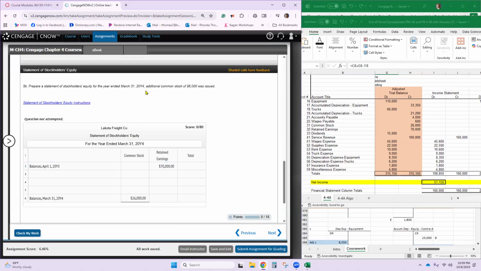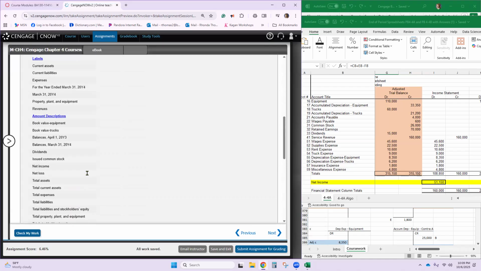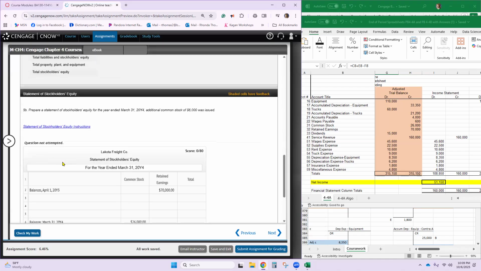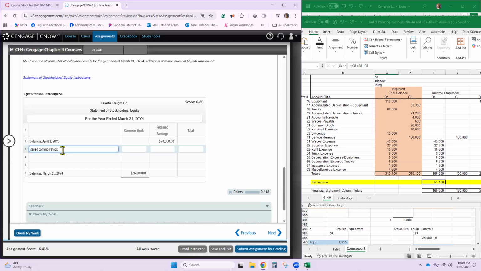Now let's see what it says. Additional common stock of 6,000 was issued. So usually if there's any issue, it's the first event that happened. So let's go up here and find issued common stock. And we're going to put 26,000 here.